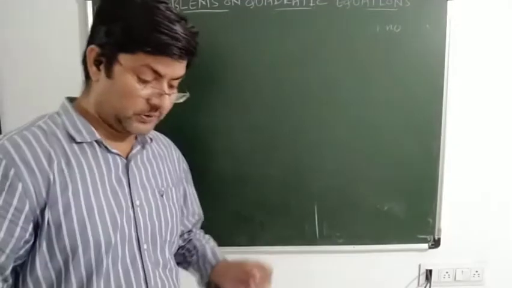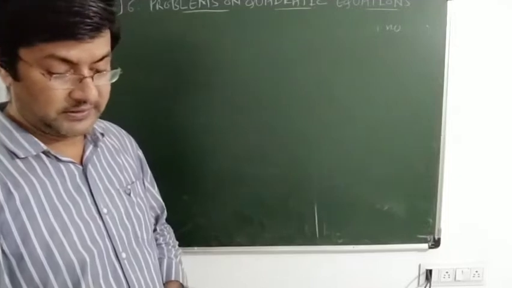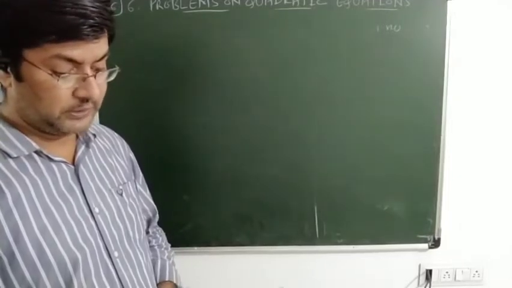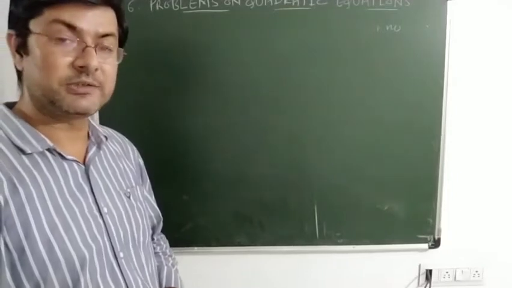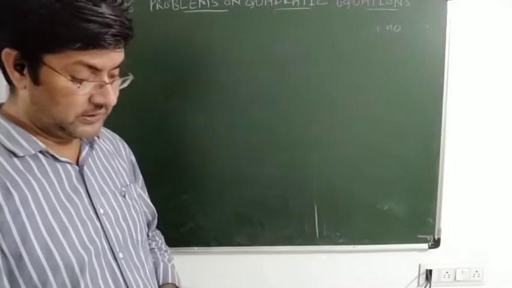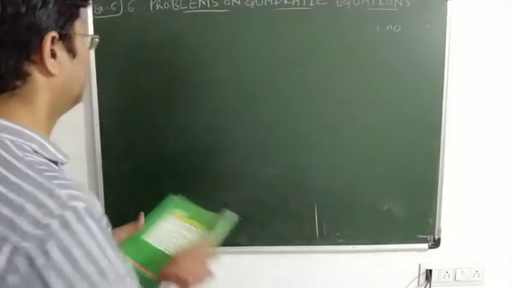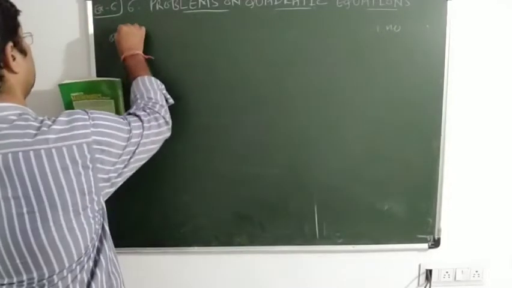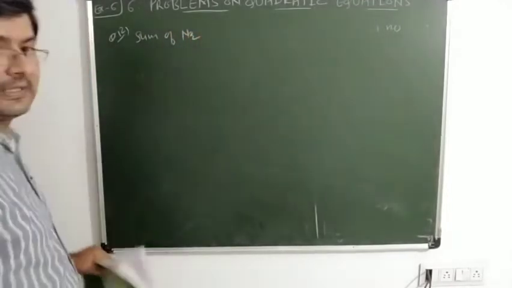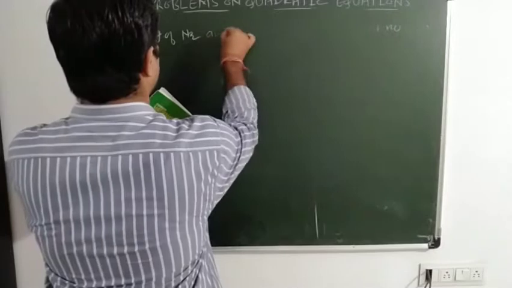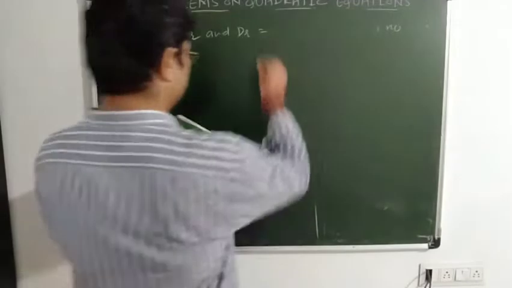Okay, the sum of the numerator and the denominator of a certain fraction is 10. If 1 is subtracted from both the numerator and the denominator, the fraction is decreased by 2 by 21. Let us once again read the first line only. The sum of the numerator and the denominator of a certain fraction is 10. Okay, you are given question number 12. Numerator will be denoted by NR and denominator by DR of a certain fraction is 10.